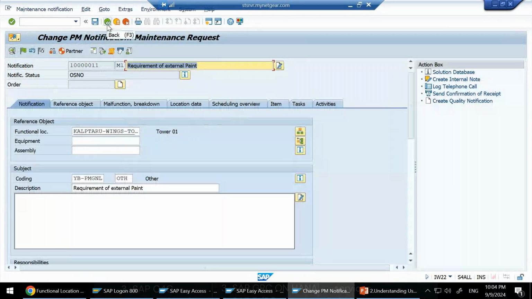System status will be set automatically when you are performing any transaction. Okay, for example, we have just created this notification, so automatically the system has set one status here. OSNO means outstanding notification. If I put this notification in process, the system automatically changes it to NOPR, notification in process. And when I am closing this, completing it, the system will automatically set it to,